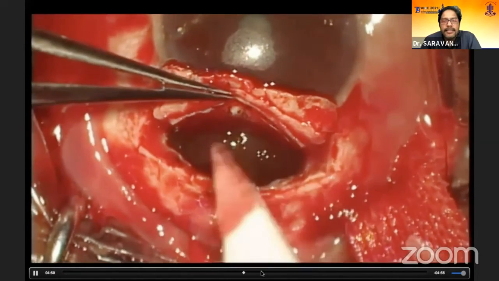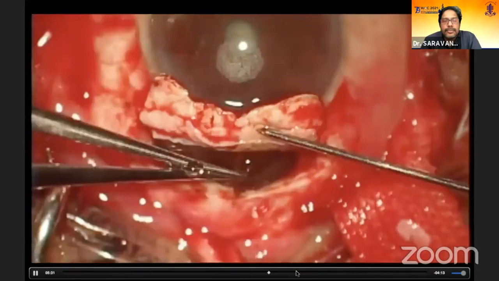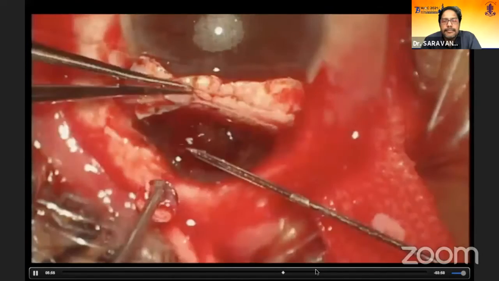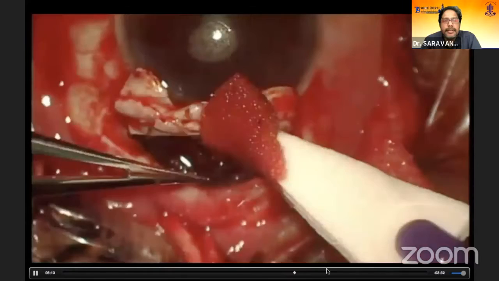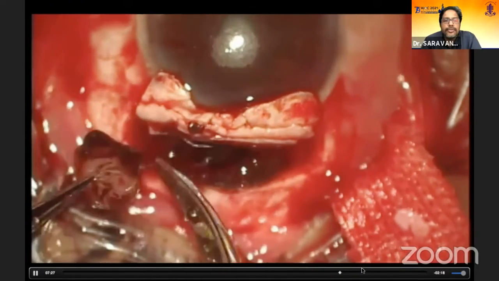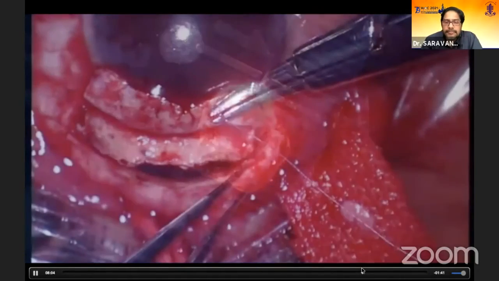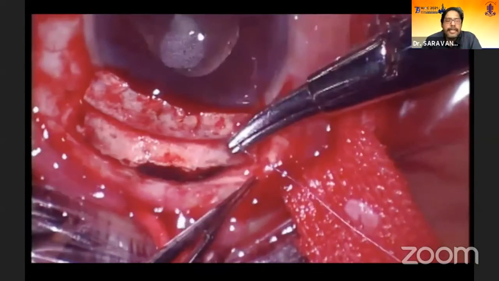When I reflected the uveal tissue, I saw that it was prolapsing out nicely, and it was removed like a nucleus, expressed like a nucleus. You can see it coming out. It was quite translucent, a translucent tumor with a lot of vascular elements in the lesion. Incisional biopsy means that you're taking a small piece.